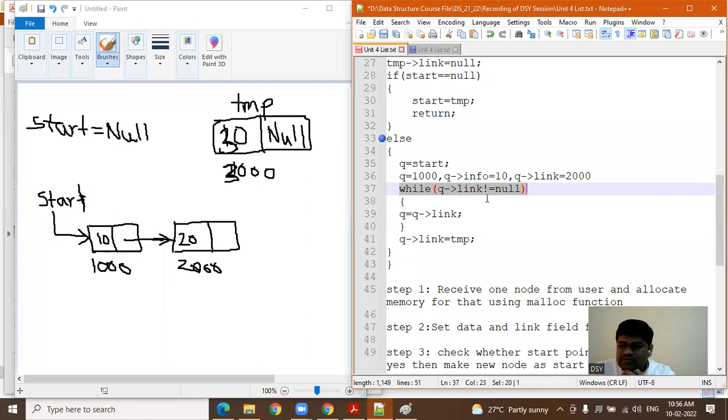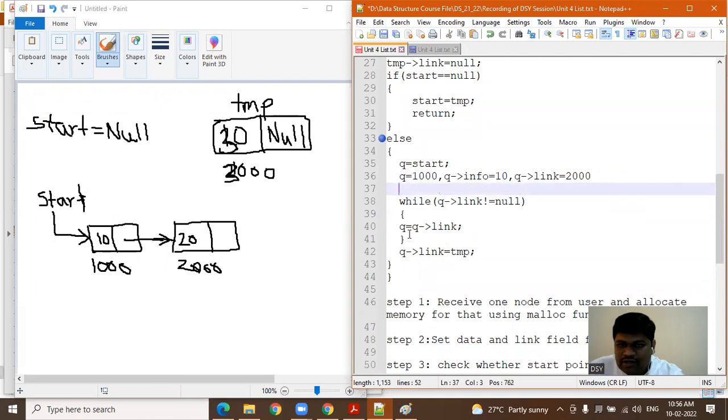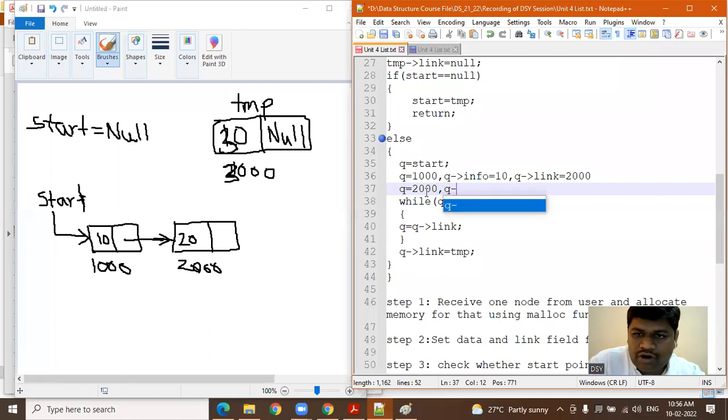Condition is true. If the condition is true, what are you doing here? So q is equal to q of link. So what is the value of q now? Q is equal to q of link, so what is the value of q of link? 2000. Now q is equal to 2000,